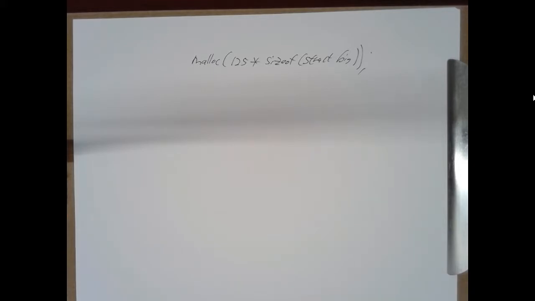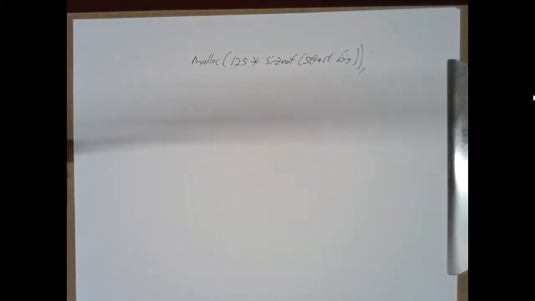And that's not the same thing as making an array of 125 pointers and mallocing each one to be equal to a pointer to a struct big. That's not giving you a block of memory big enough to hold 125 struct bigs. It's giving you 125 struct bigs and storing their addresses in an array, but each of those might be somewhere totally different in memory. All right, what utility can help you detect memory leaks? Valgrind. Everybody got that, I think.